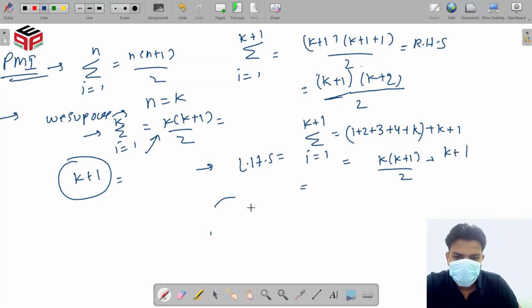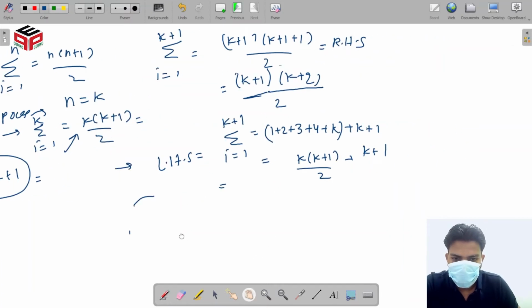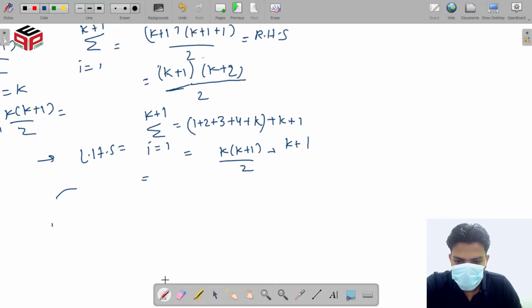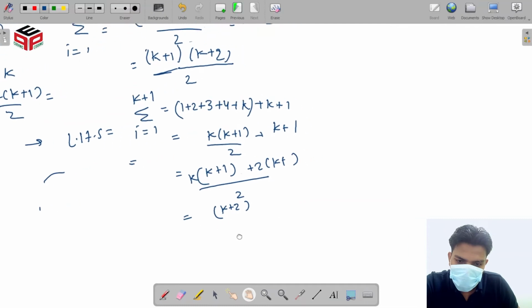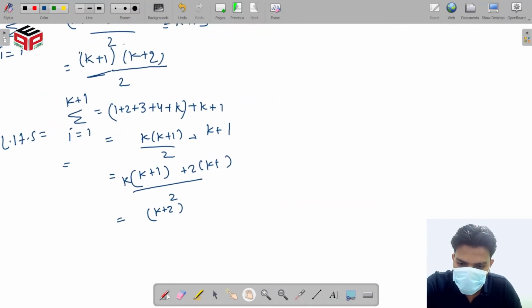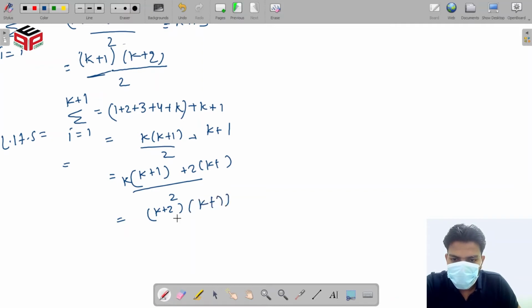Putting this formula in, we get k plus 1 into k plus 2 divided by 2.